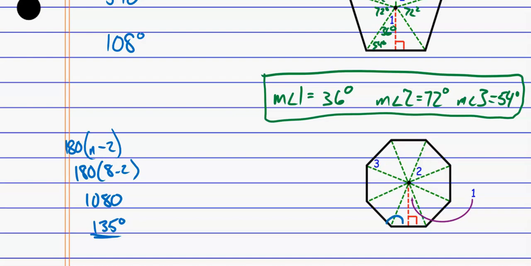Well, angle 3 is just going to be half of that. Okay, because these two angles are being bisected. This angle is being bisected because of the fact that these have to be isosceles triangles. All right, I just have to divide by 2. So if one of these whole angles is 135, it means that angle 3 has to be a 67.5. Okay, it has to be half of that. All right. And then using that same knowledge here, if each of these is 67.5,